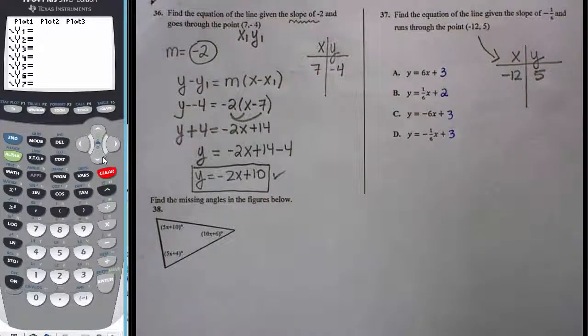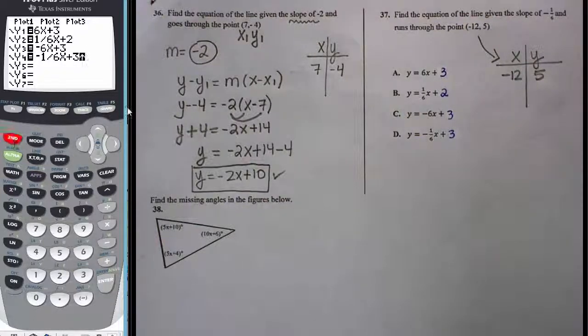Let's clear our equation there, and let's write 6x plus 3, 1 divided by 6 x plus 2, -6x plus 3, and the last one, -1/6 x plus 3. Once I have all these equations, to make sure that everything is correct, I can